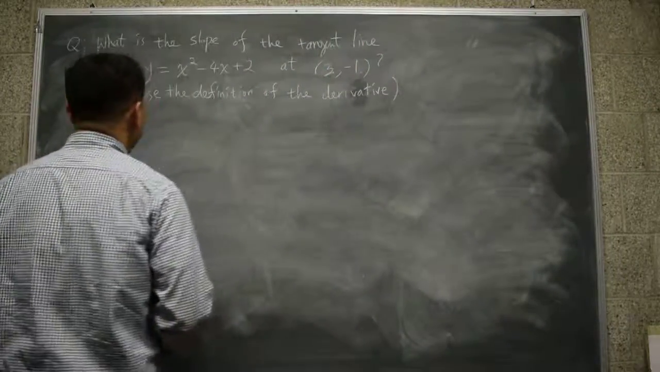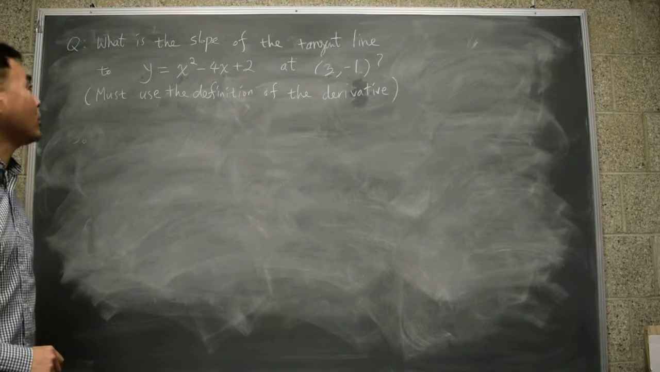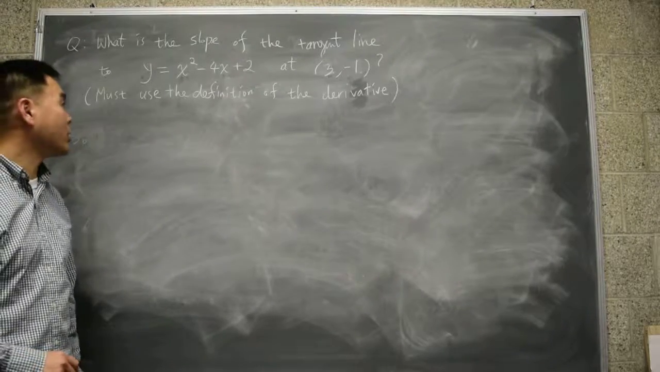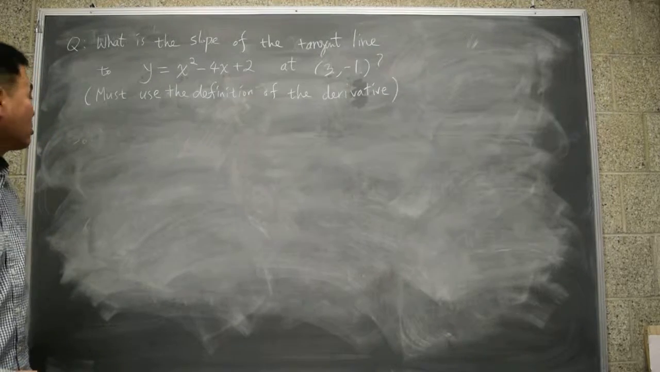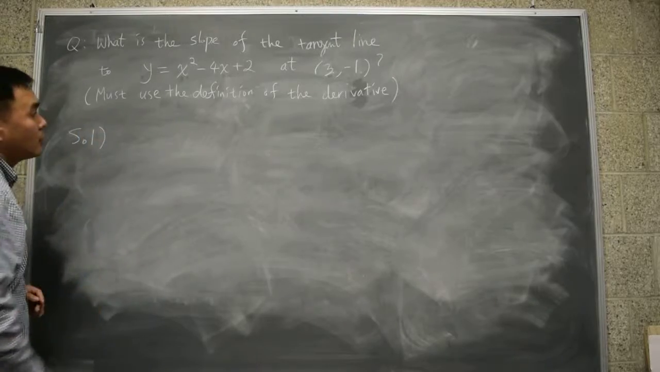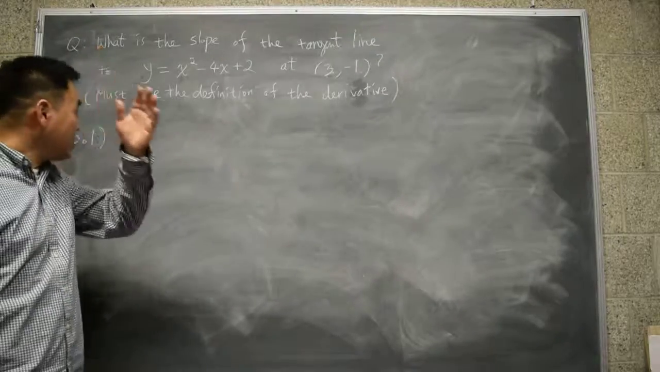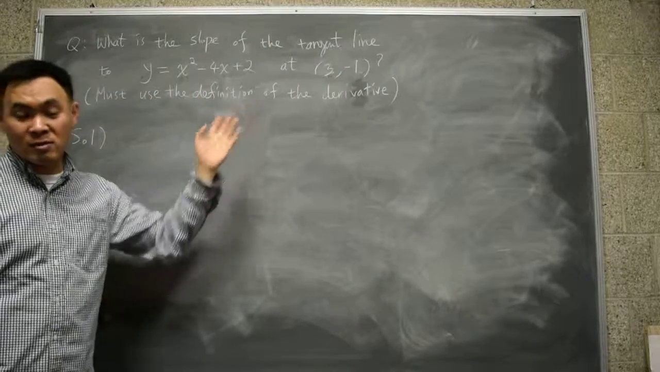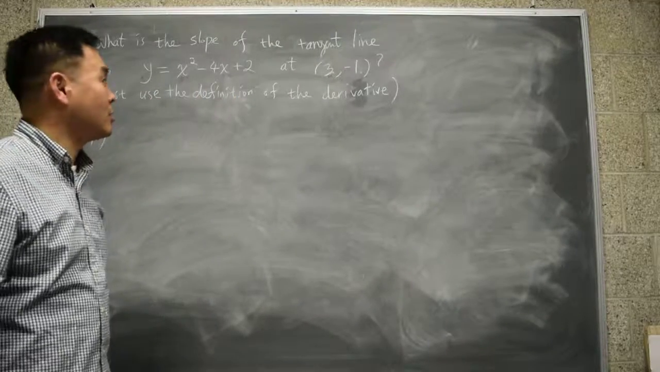What is the slope of the tangent line to y equals x squared minus 4x plus 2 at (3, negative 1)? Must use the definition of the derivative. Okay, solution. Now, the reason that this is written, must use the definition of the derivative, is because there is a